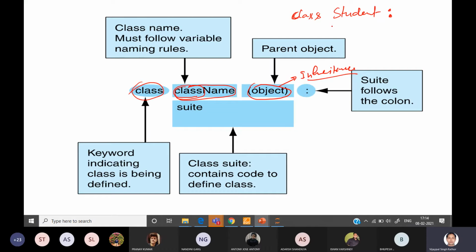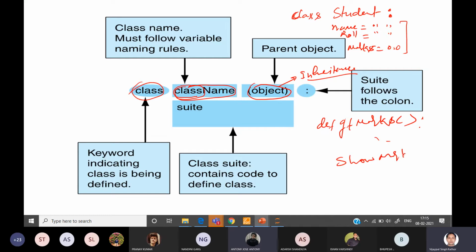Then you can define a name. Initially you can keep it blank. Name, roll number you can use. Initially I'm providing it as blank, as it may be a string. Marks, you can keep as 0.0. So these three data members I've created. Similarly, you can define a function like get marks, def get marks. Definition I will mention later, and show marks.